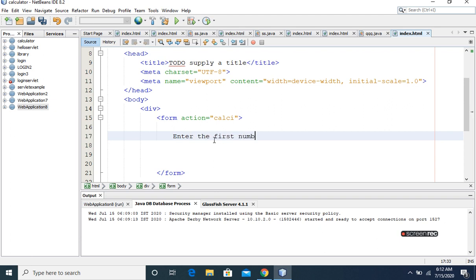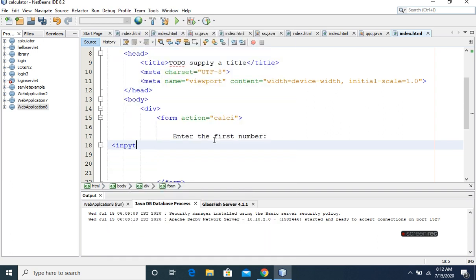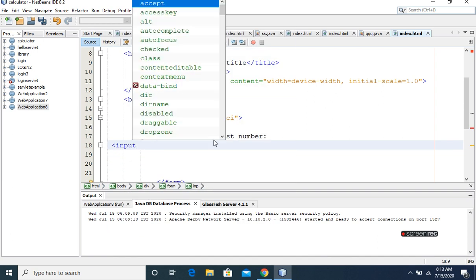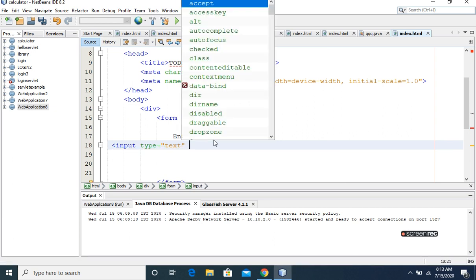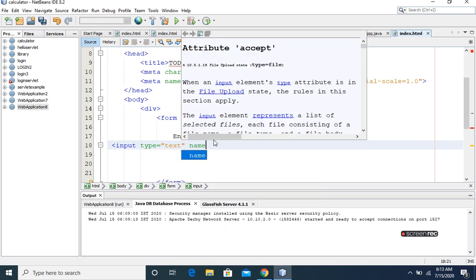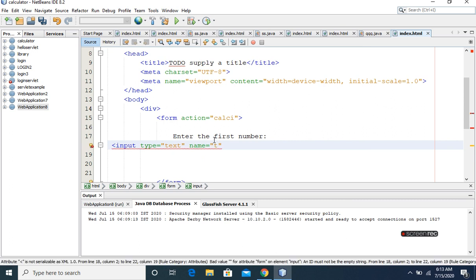We will take the number from the user, so we will create here the text box, text field. Input type is equals to text. Name is equals to t1, the name of the text field.